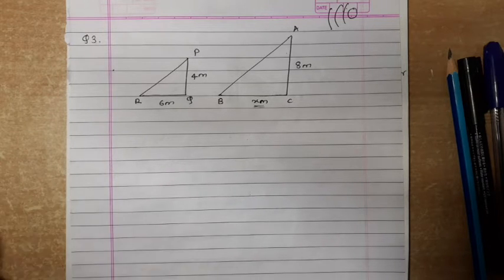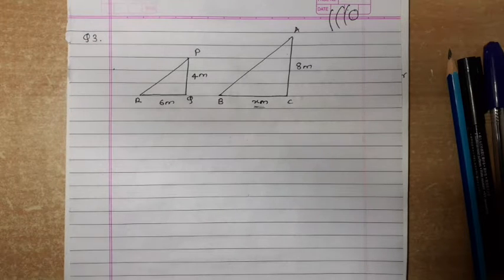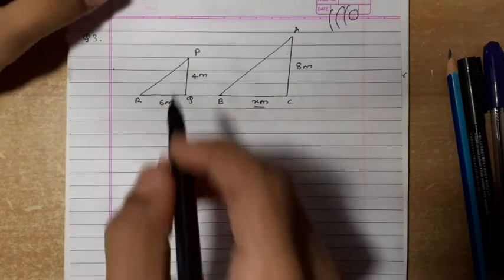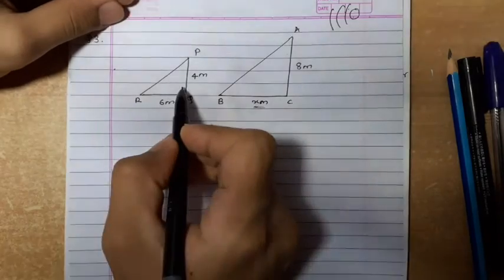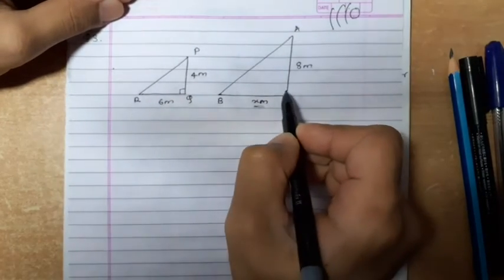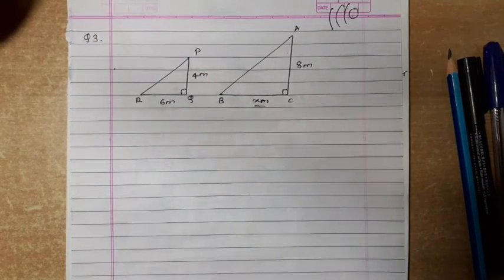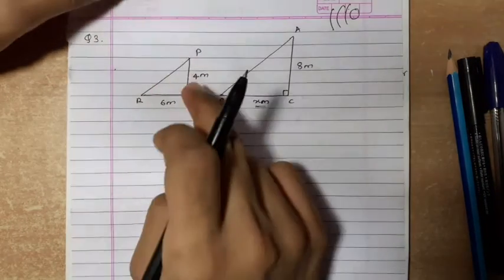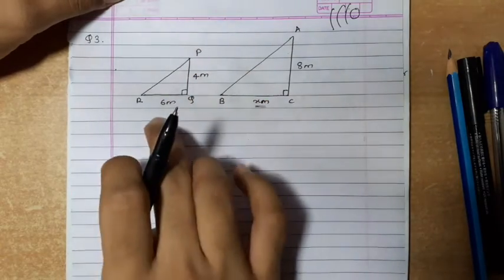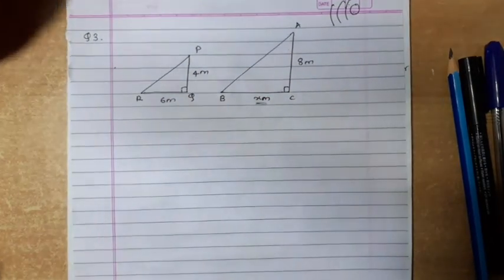So how will you solve this question? We don't have any angles given. We don't have one side also. So you must be thinking that it's difficult to find, right? Think. No, it's not difficult. Just think once. We have two poles, right? Poles are always perpendicular to the ground, correct? So we have two angles congruent. We have two sides also, as well as X meter, which is one side.